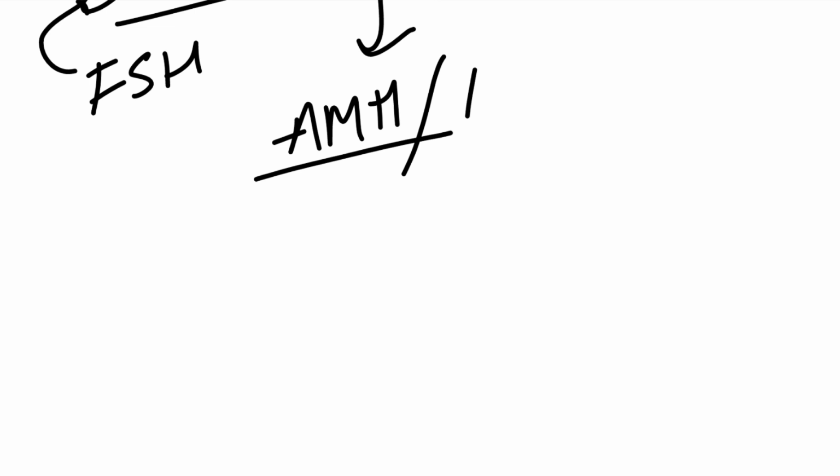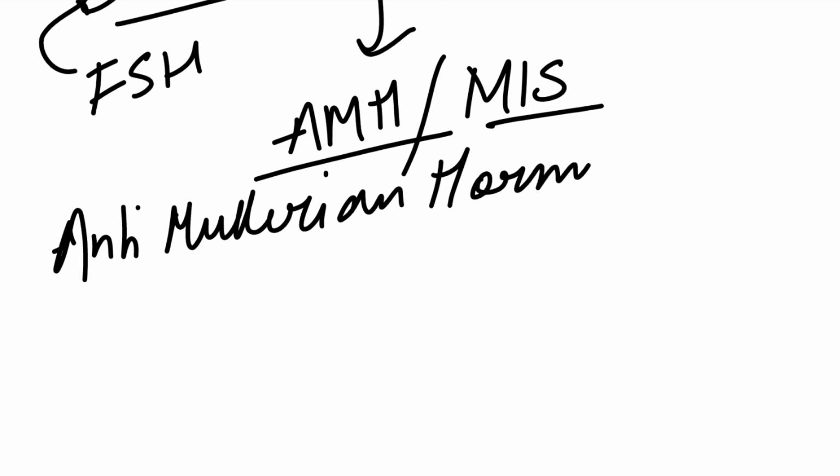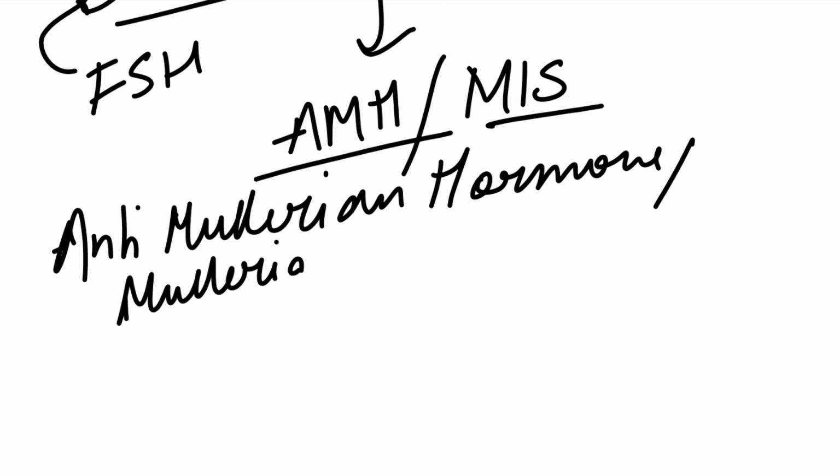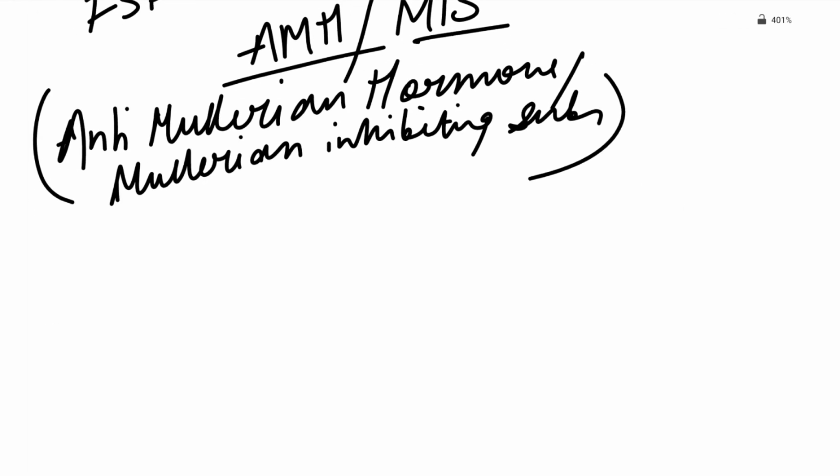This is known as the anti-Mullerian hormone or the Mullerian inhibiting substance. What it does is cause the regression of